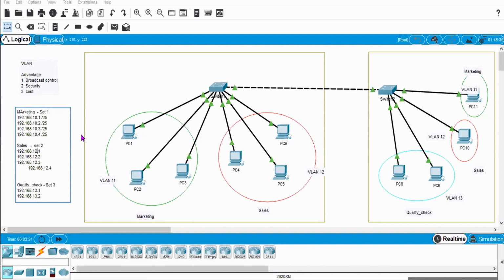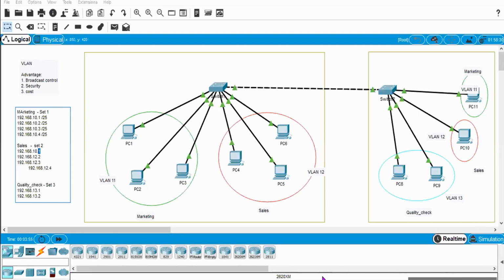And the second set, which is the sales department, I'm also taking from 10, but in this case I'm dividing into four parts. So this one will be 32, because the first part goes from 0 to 31.